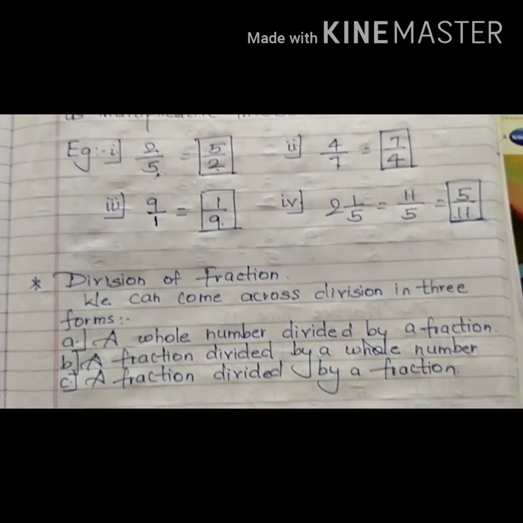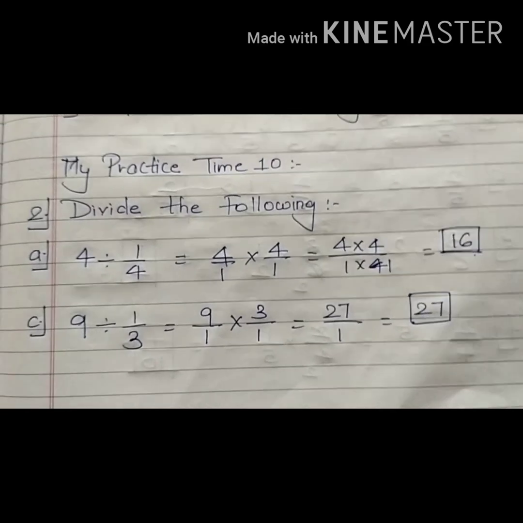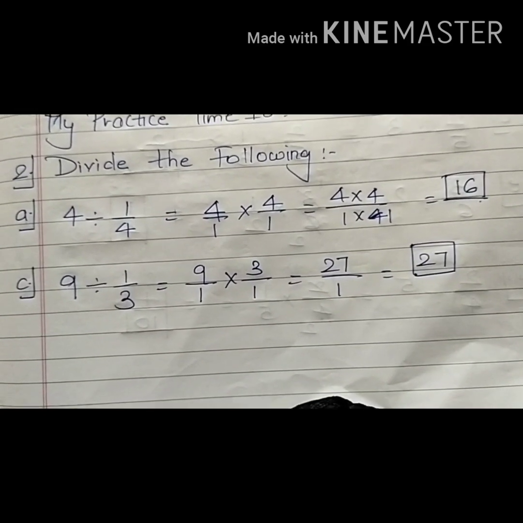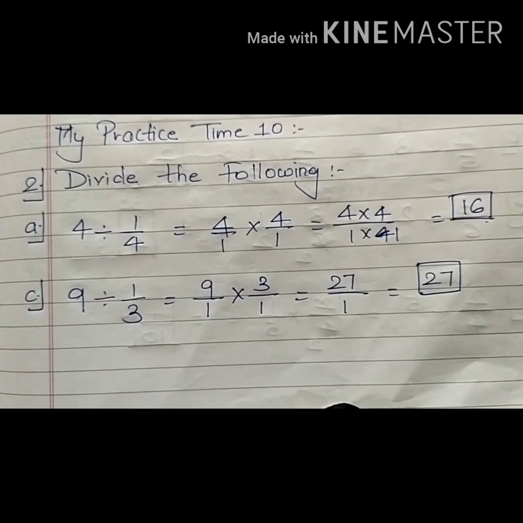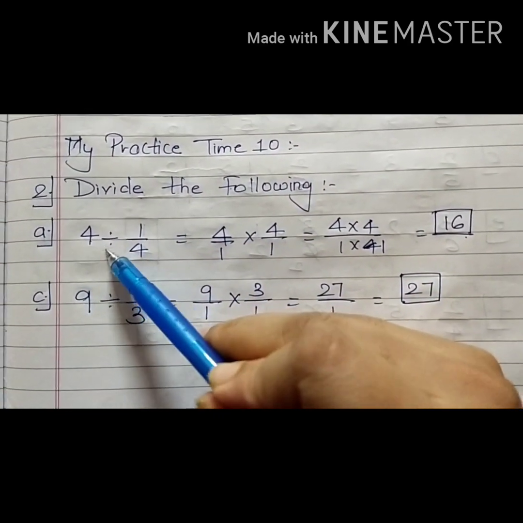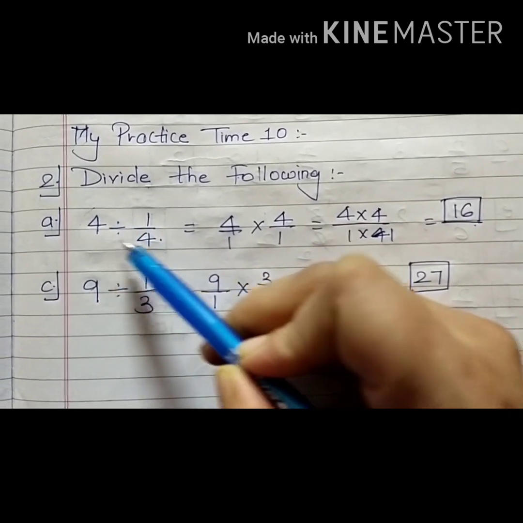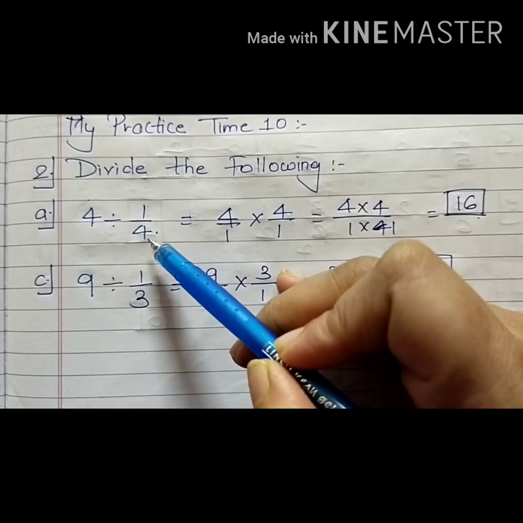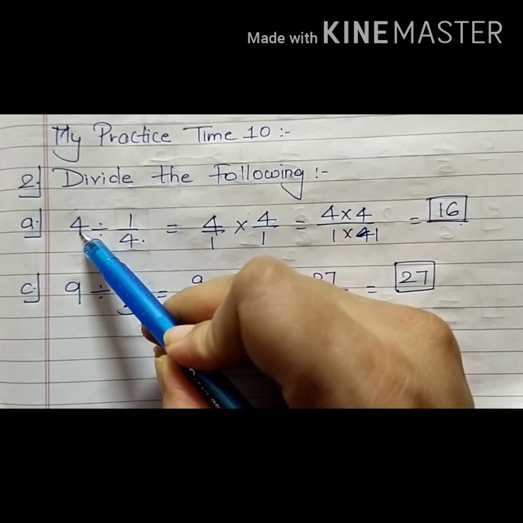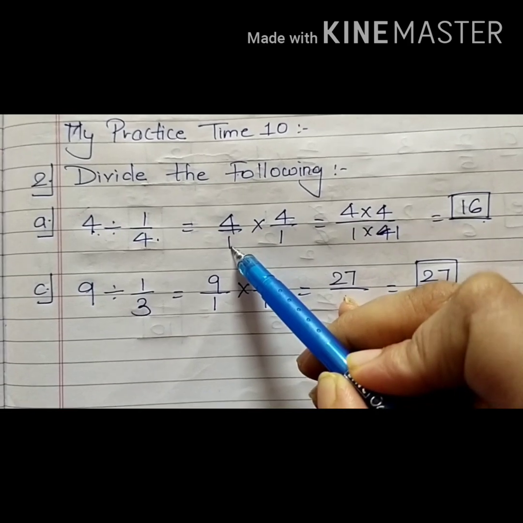Now we continue with division of fractions, children. Division of fractions is not that different from multiplication of fractions. There is one step that we have to change. First let us see dividing a whole number by a fractional number. My first is a whole number and the second is a fractional number. So 4 is a whole number. Considering the denominator as 1, I can write it as 4 upon 1.